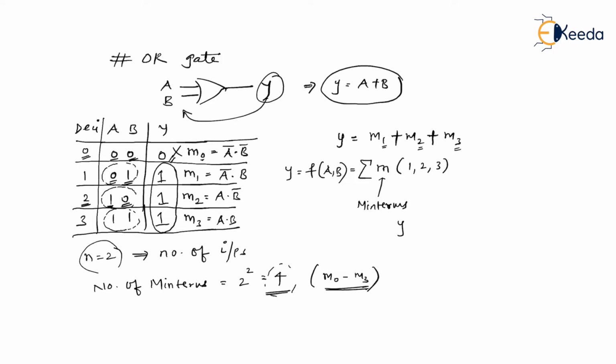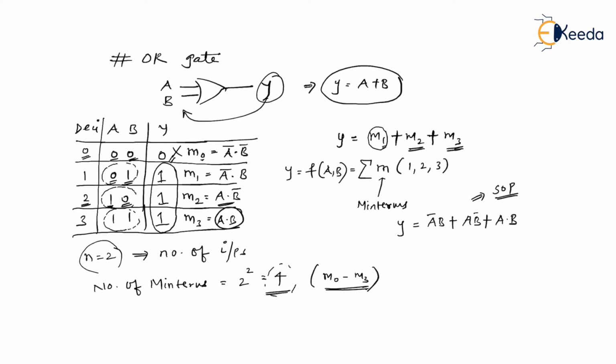So further, what I can write, Y is equal to, now what is the value of m1? The value of m1 is A bar B plus, what is the value of m2? Come on, m2 value is A B bar. Okay, I can write A B bar plus, what is the value of m3? Check it out. The m3 value is A dot B. So I'm writing A dot B. Can't you see that this is nothing but SOP form?